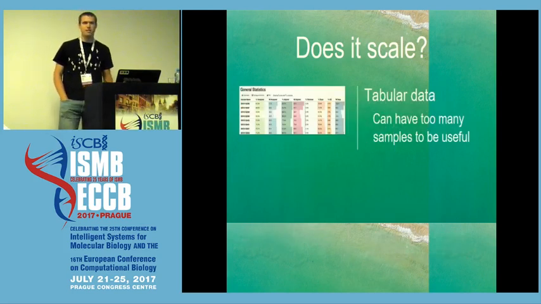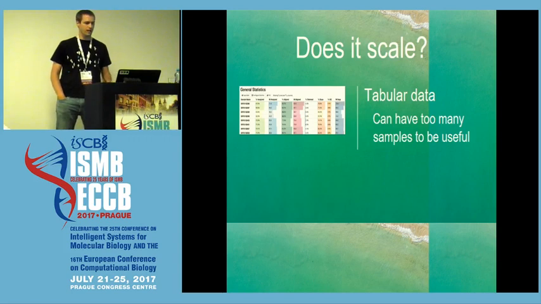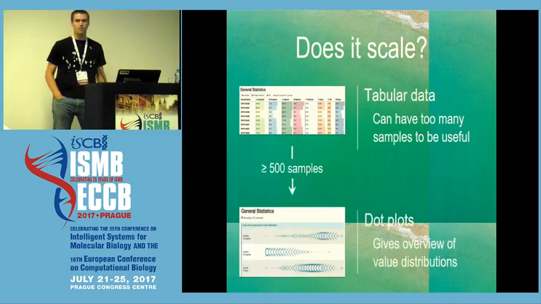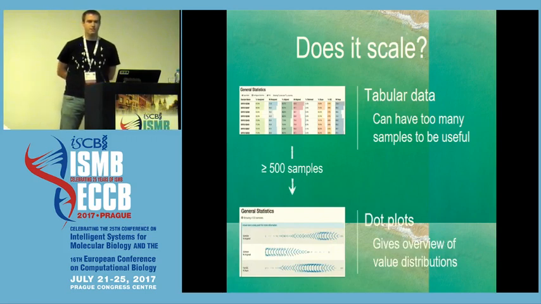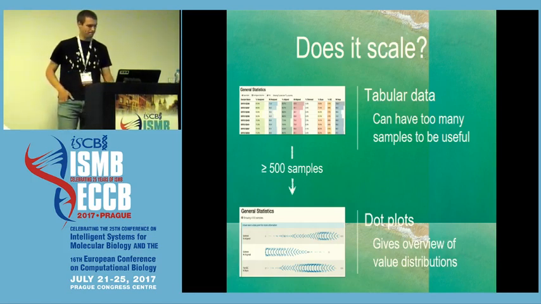Also, some other problematic areas with huge sample numbers. Tabular data becomes really unwieldy and difficult to visualize when you have many, many samples. So again, over a certain threshold, tables kind of magically turn into these dot plots or beeswarm plots, or whatever you call them. So again, you can get an overview of your entire project. And most people seem fairly happy with it. It's not perfect support, but